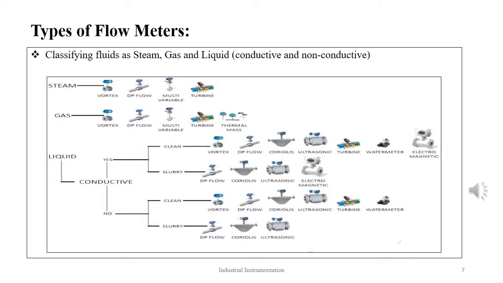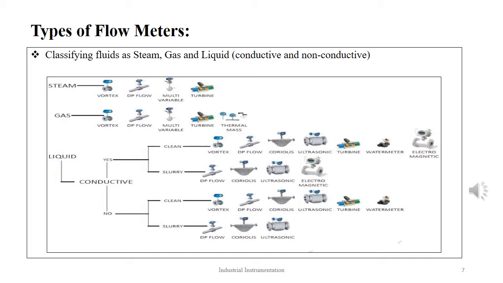If you are dealing with liquid flow, it can be of two types, conductive and non-conductive. For conductive, it can again be of two types, clean and slurry. And for non-conductive, again there are two types, clean and slurry. So for liquid flow meter, which is of conductive in nature and clean, we resort to vortex, DP flow meter, Coriolis flow meter, ultrasonic, turbine, water meter, and electromagnetic flow meters. And if it is of slurry type, we take help of DP flow meter, Coriolis flow meter, ultrasonic flow meter,